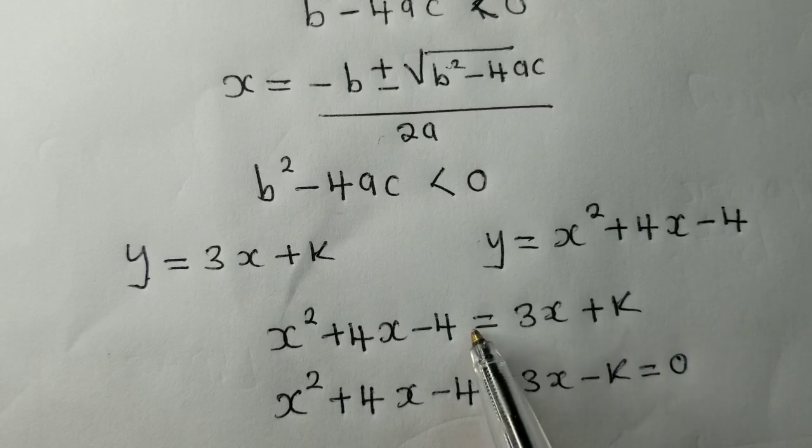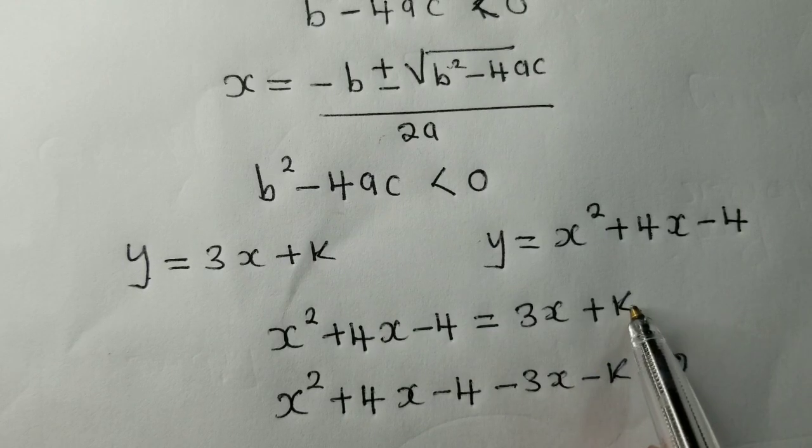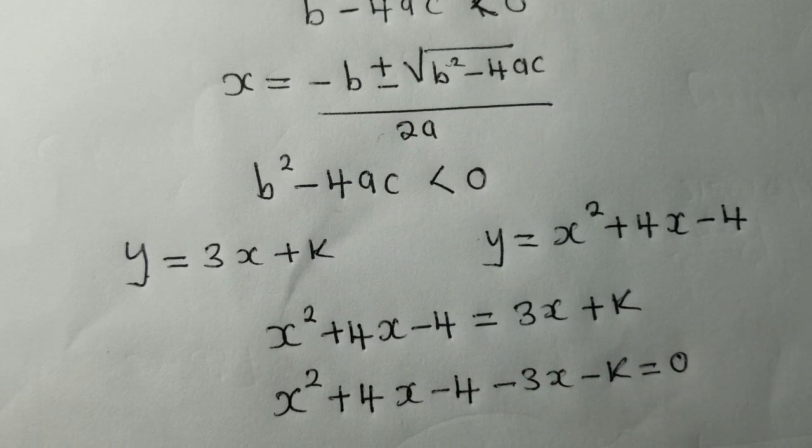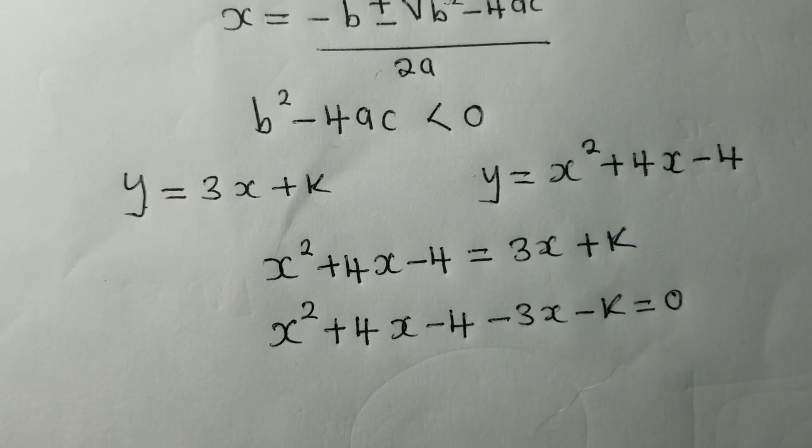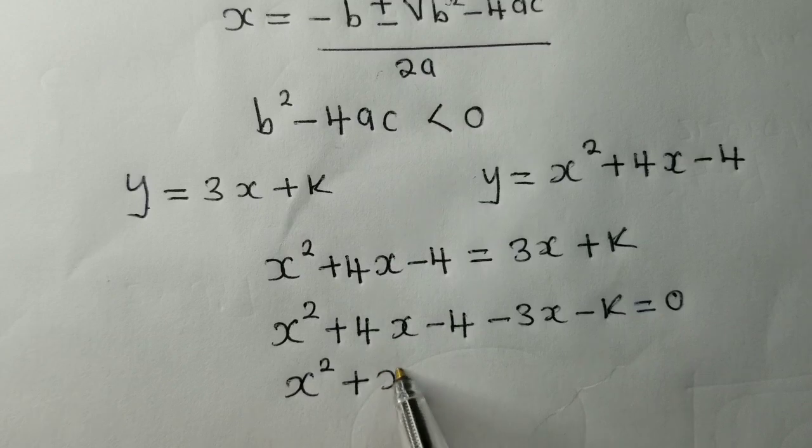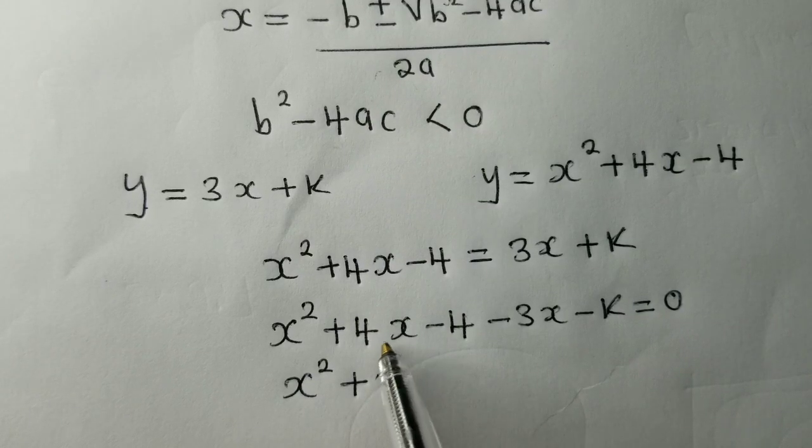So this one, it has come this side, it's minus 3x. K was positive, it's now negative. I guess you know what we've done here. So now at this stage, this is where you simplify a little bit. So this is what we are remaining with